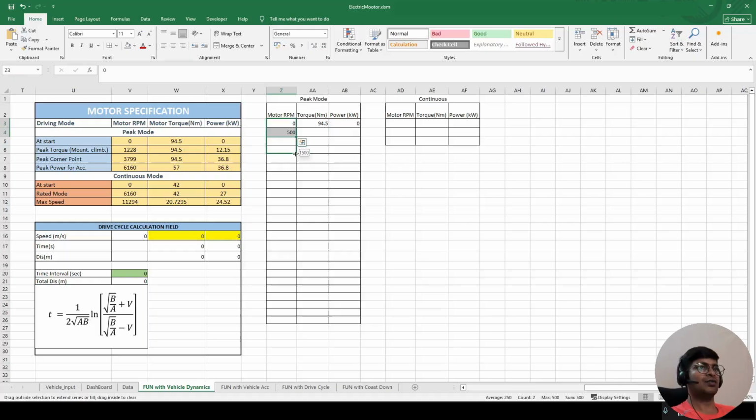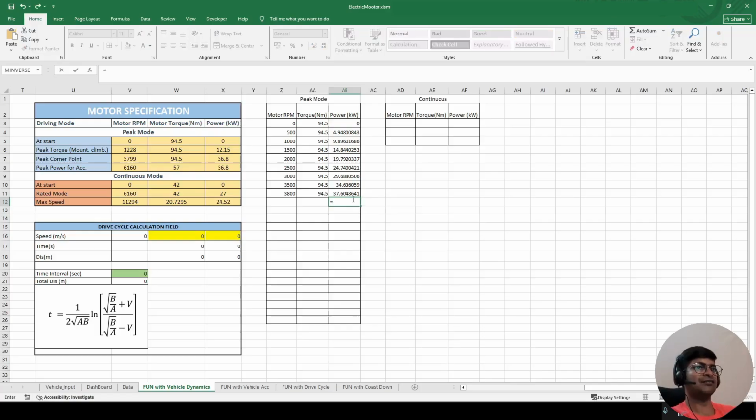So let's go till where? I will go till 3799, or in an approximate way I will go 3800. So let's go for 3500 and then just write 3800. Till here the torque is constant, so I will just drag that value, and I will also drag the power value from here, which will be calculated using the formula. Now after this, we know the power is going to be constant, so let's first set the power here. The power will be this value,